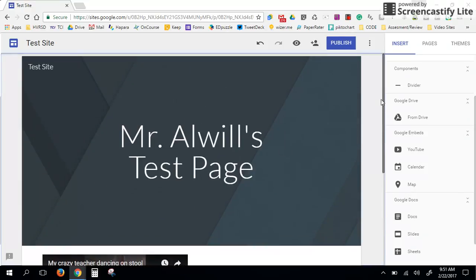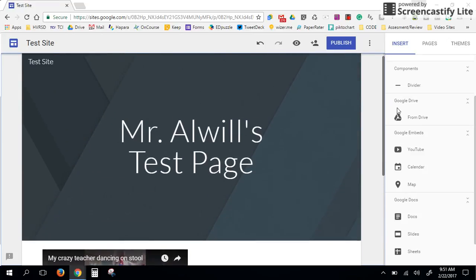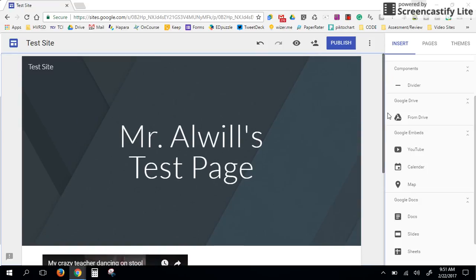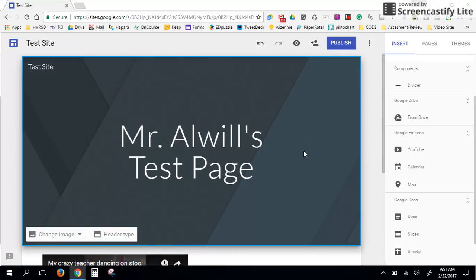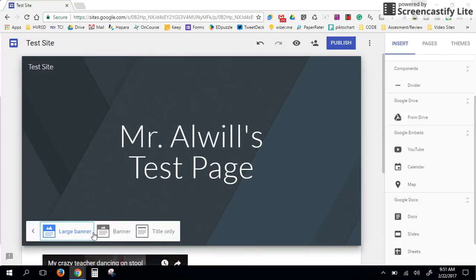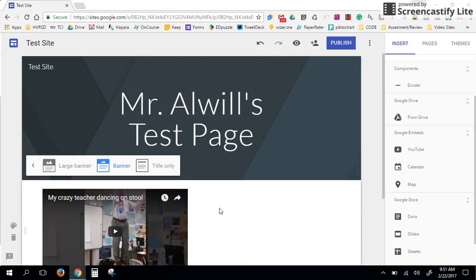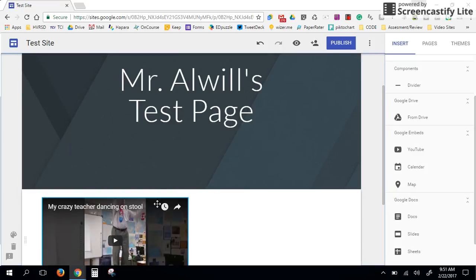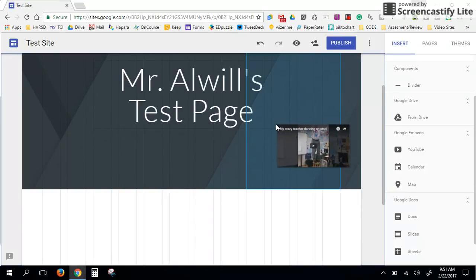And if I want people to see it when they come on the page, what happens here? Well, you have two options. Either A, you can click here and change your header type and have it just be a smaller banner so people can see it. Or you can keep it that way, and you could actually move the video. So say if you want the video up here,